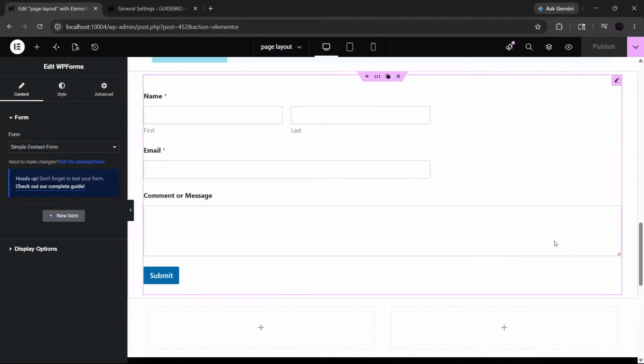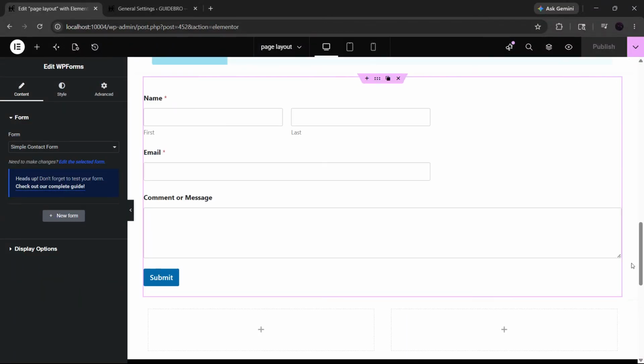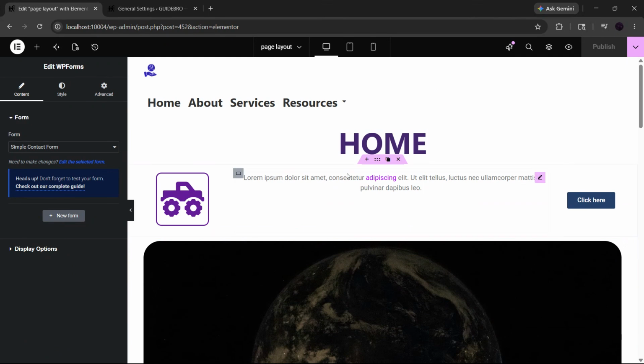If you want to hide sections or containers on mobile in Elementor, you're in the right place. In this video, I'll show you the quickest way to make an element disappear on phones without affecting your desktop layout. This is super useful when you want a cleaner mobile design, remove extra space, or show different content on